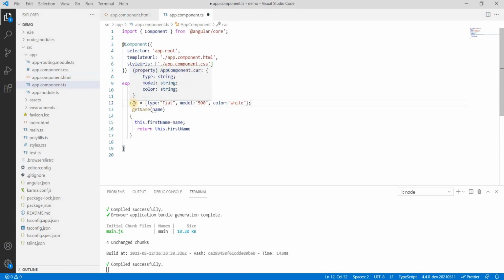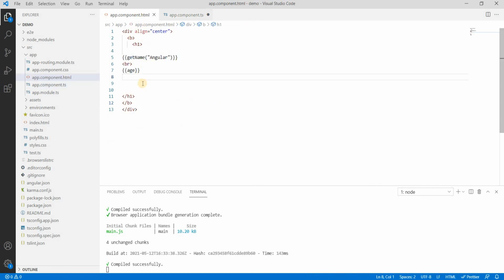I have declared here one object of type car, and it has three properties: car type, model and color. I already initialized every variable with its value, right? So one object has three properties. How can I use this now? It is pretty easy. Just let me use a break here.